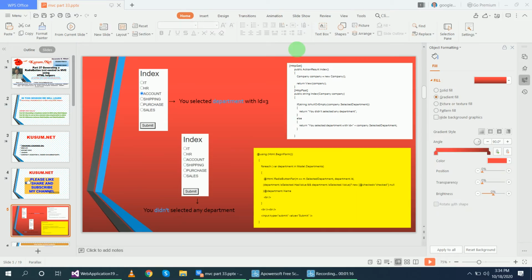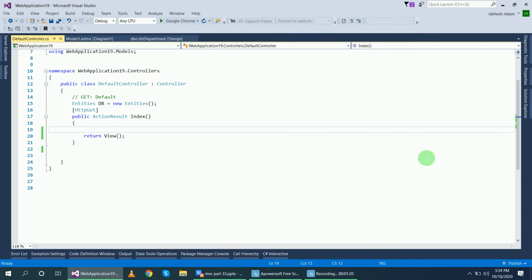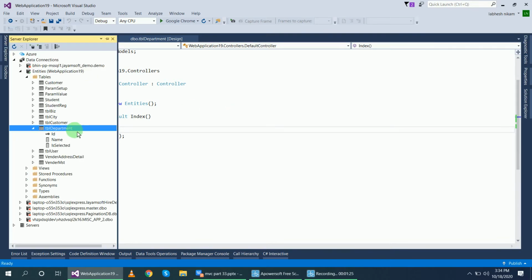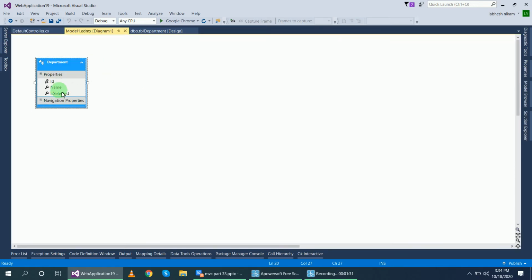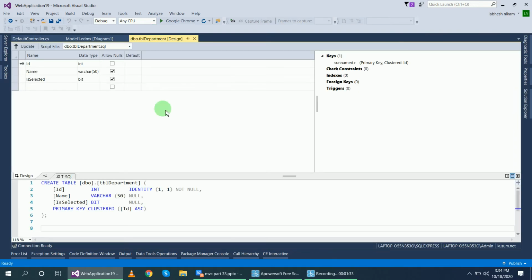Let's flip to Visual Studio and check how to do this. I have this tblDepartment table, and inside of it I have three properties: ID, Name and IsSelected. ID is an auto-incremented integer, Name is a string, and IsSelected is a bit type value.